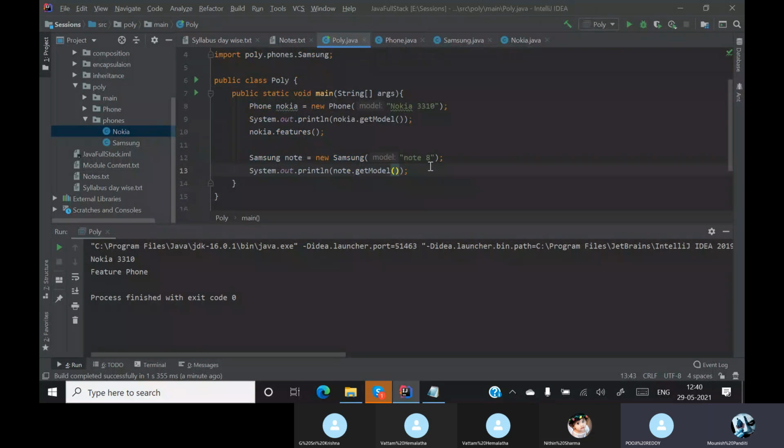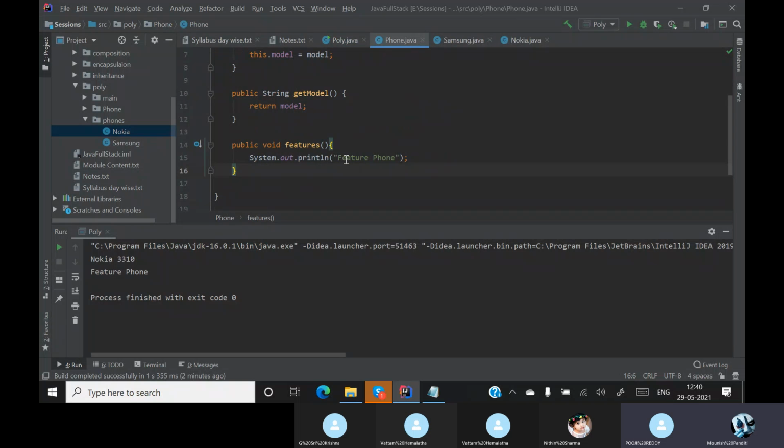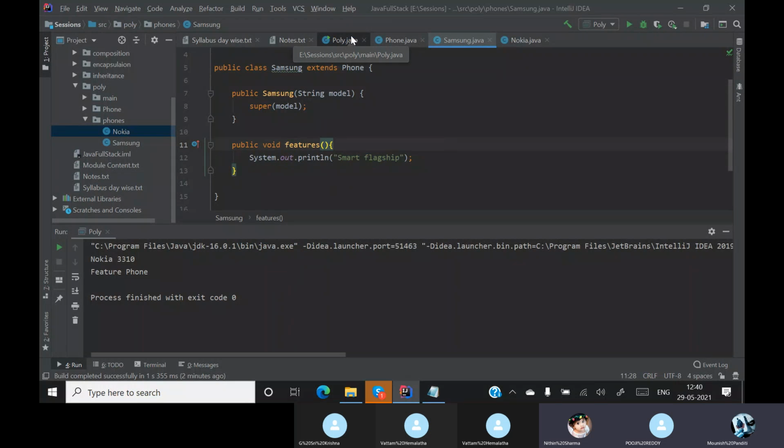Okay. Now when I say note dot features, what will be my output? Will my output be a feature phone or a smart flagship? Smart flagship. Why? Because they have already future methods, sir.